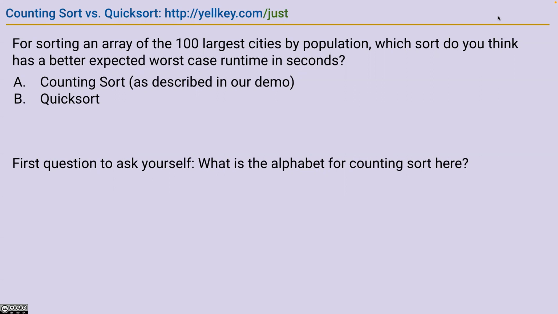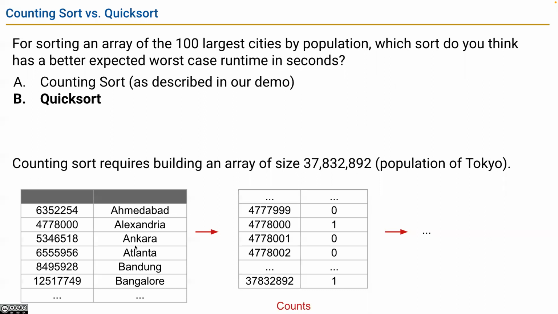Okay, so I think as described in our demo, first question, I guess, is what is the alphabet size going to be? To me, it's the integers from 0 to whatever the largest city is. There's probably just going to be one city of each type. So I'll show you my picture here. Here's Atlanta. Its metro population from the data set I pulled this from was 6555956 and so forth. Bangalore is 12.5 million and so forth. And so when I do my counting array, what I'm going to do is have a bunch of populations for which there's exactly one city,